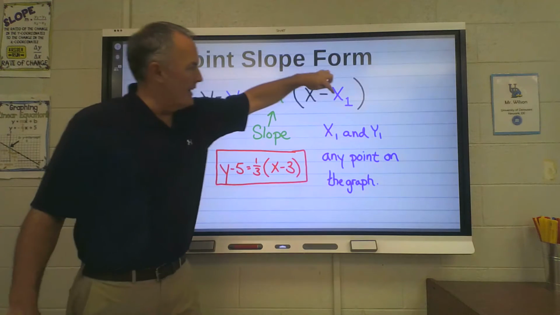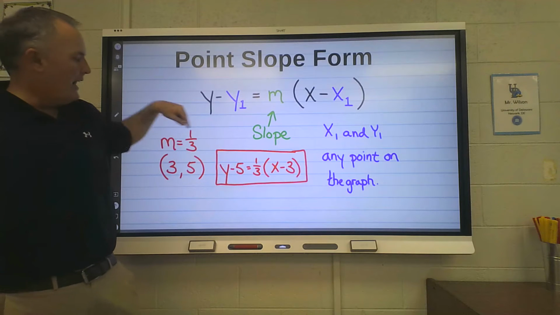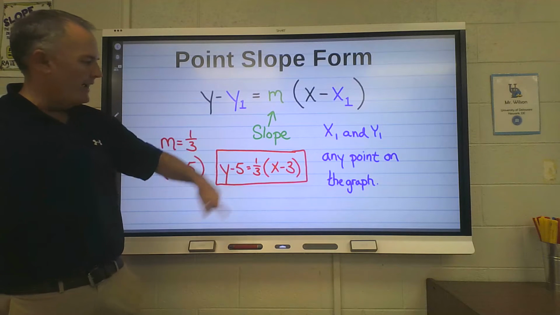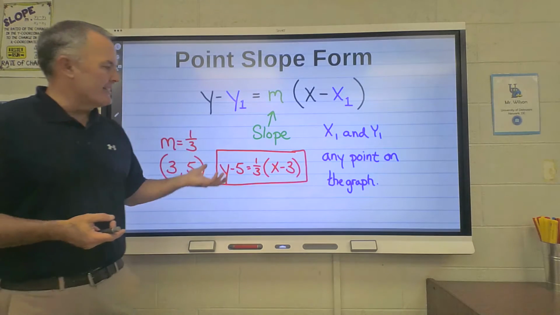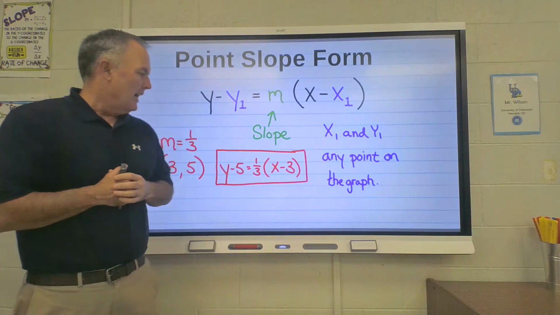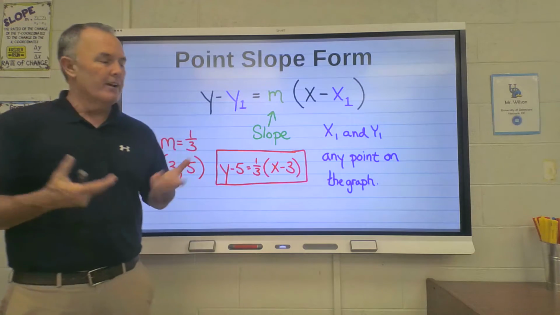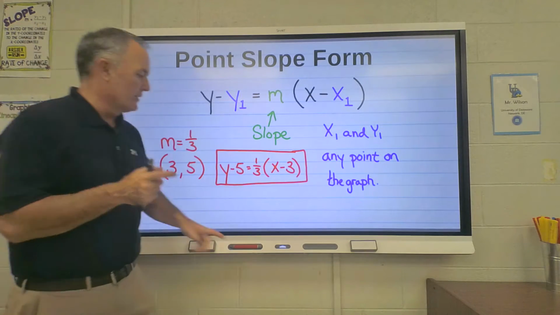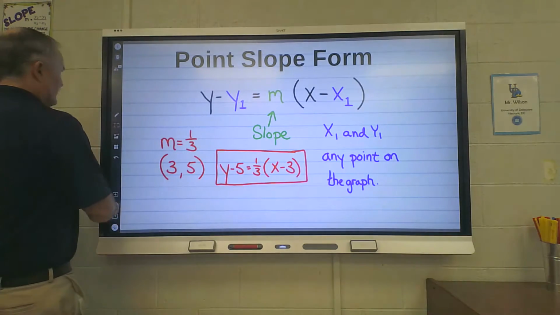All right, I got my x and my y values, my 3 and my 5, written down here. I have inputted in my slope. So now we can use this, and we're not really going to use this and graph this directly, but we can take this and we can convert it into slope intercept form and make it much easier to graph. So let's do that. So on the next screen,